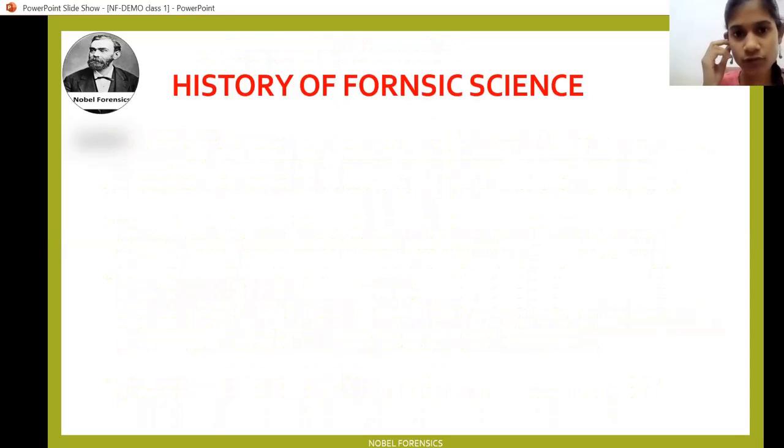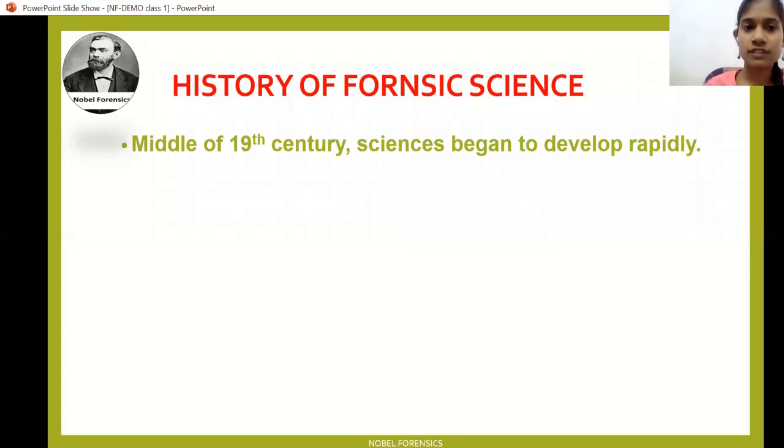Then coming to the history of forensic science, as I said in demo session 1, there is much history about forensic science, but all that history is not important for the UGCNET. But what is important? The scientists, the branches, how they evolved and developed, and the laboratories, how they organized forensic science laboratories in the world and in India. This is the actual history and development which is important for the UGCNET, and the years are also very important.